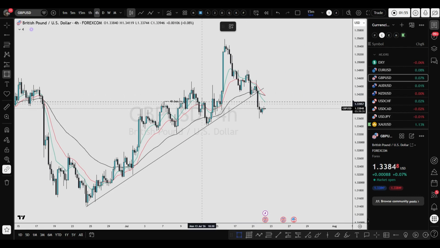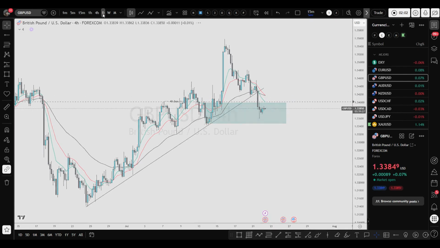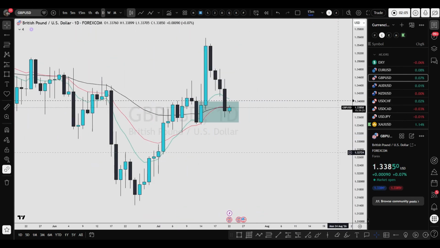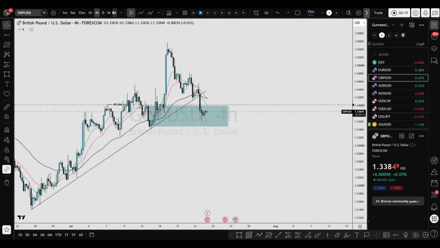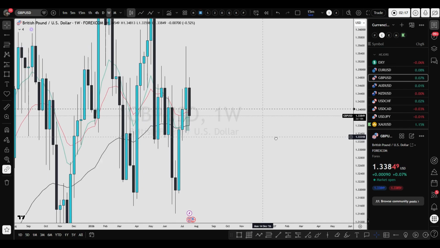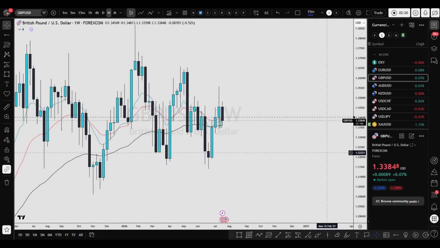GBP/USD is something interesting. I was looking for a long over here. I'm looking for a push upside. We also have a rate-related news event for GBP. The daily bias is bearish. It's possible that we're going to trade below this low, but we're looking for longs. That doesn't make sense somehow. But if price manages to close above this high, in that case we can look for longs based on the weekly bias and weekly trend.